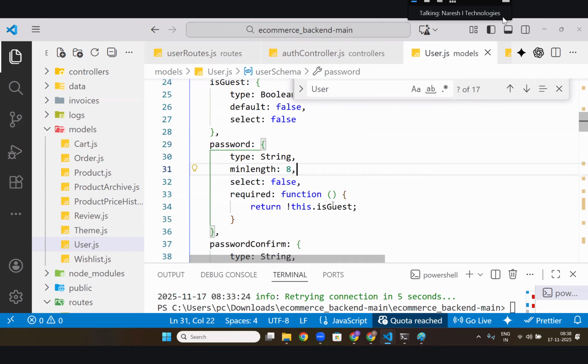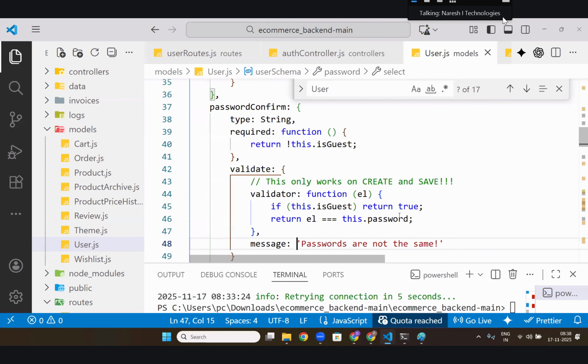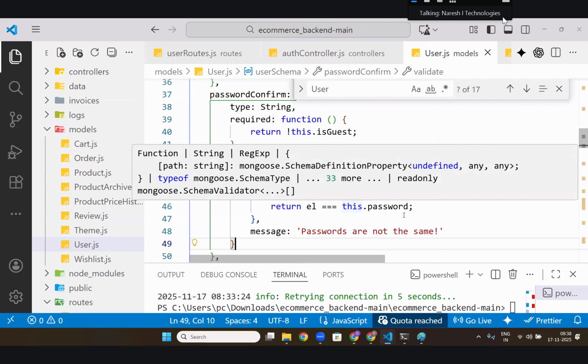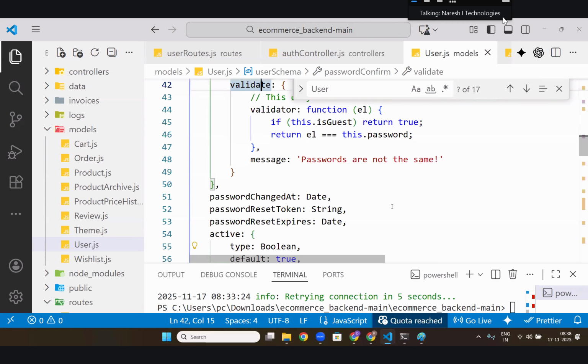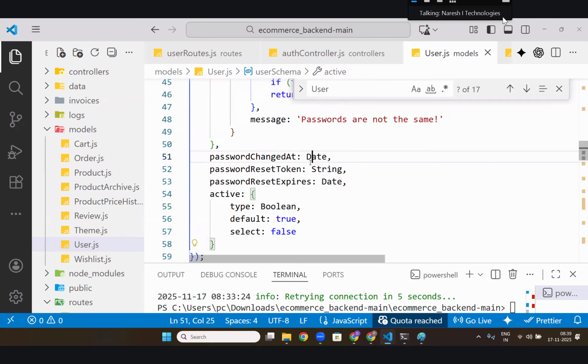And if this password is not there, it will automatically make this guest true. That is what he's saying. And password and password confirm should be the same. Simple. If passwords are not matching, what will you do, sir? Passwords are not the same. If anyone changed the password, at what time did he change it?